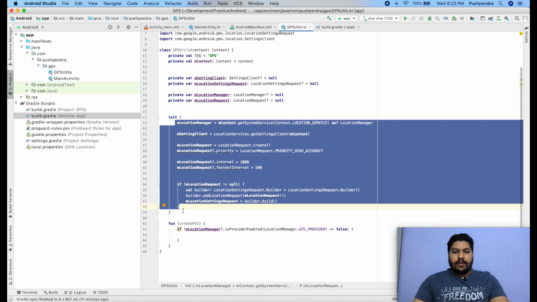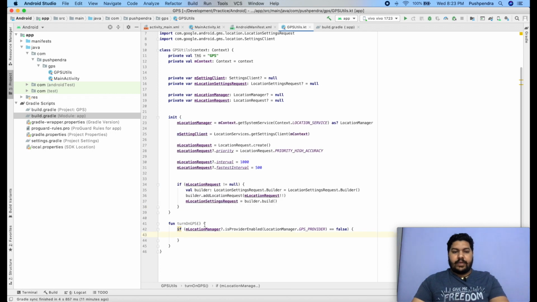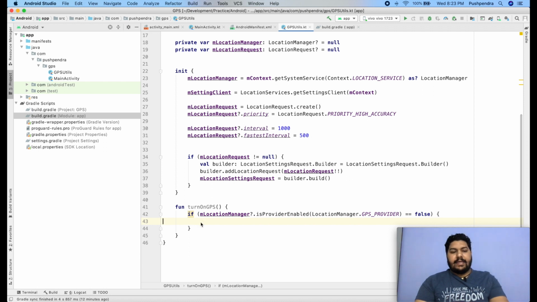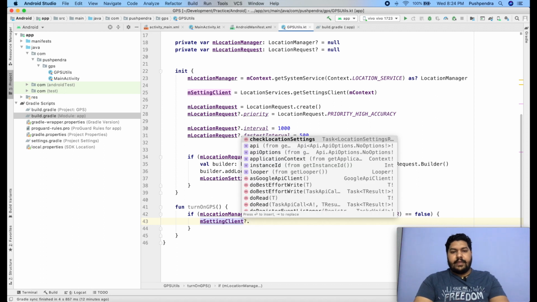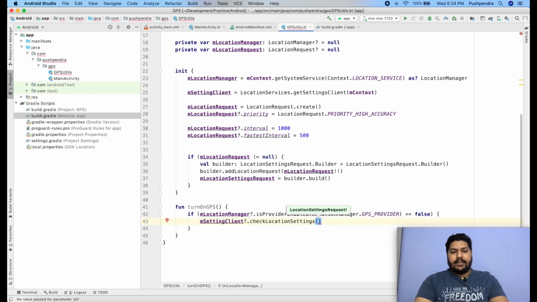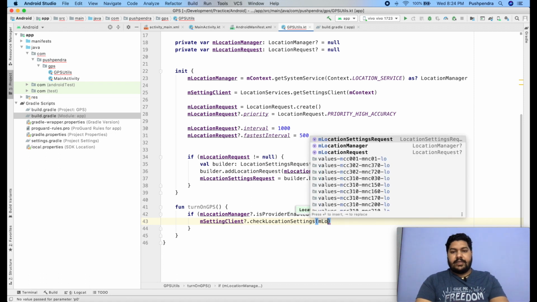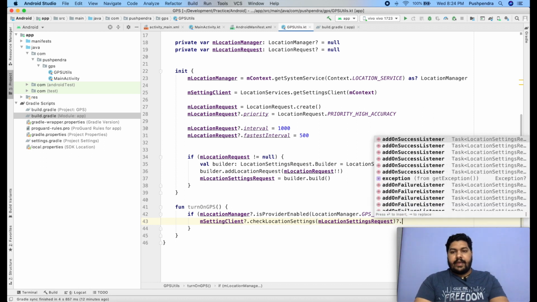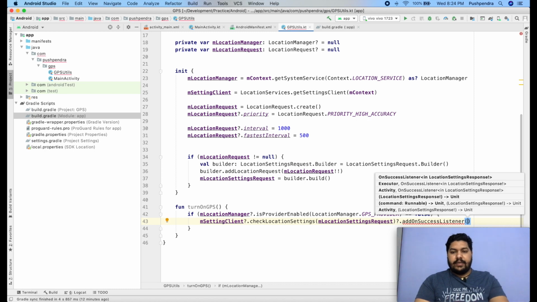Okay, now come back to the turn on GPS function, and here what we are going to do: we will assign the listener to m settings client dot check location settings, and here I will pass m location settings request. Okay, and after that what it will return, dot add on success listener, meaning the location is already enabled.